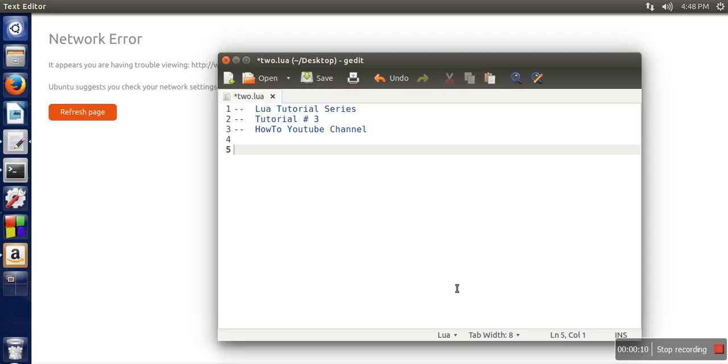In Lua actually we don't need to declare variables. We can directly assign values to a variable, so there is no declaration part, and the value will decide what the type is. So in Lua we have these data types: